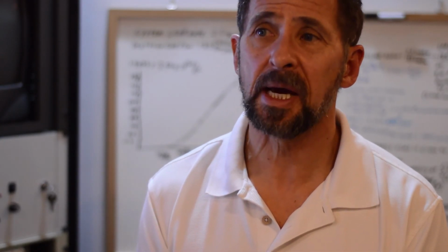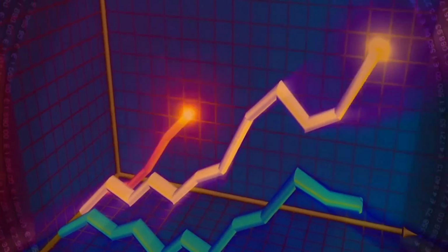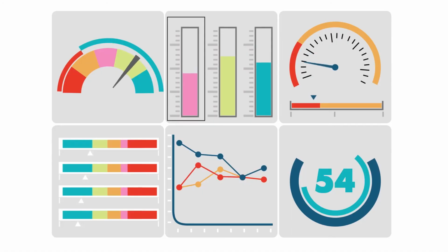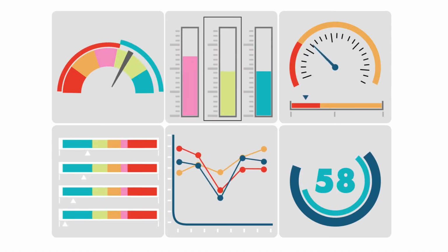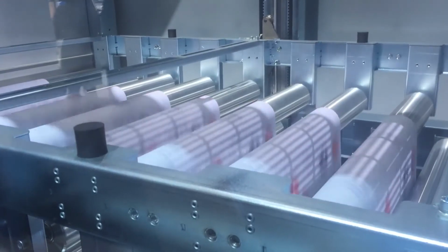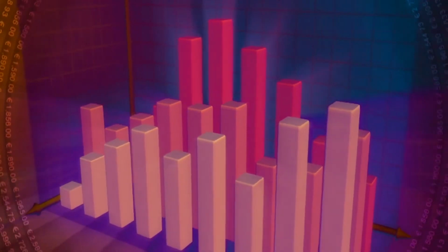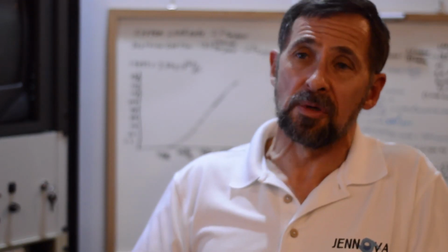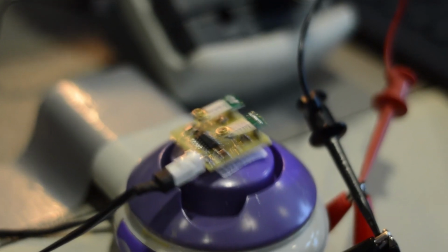The other thing the battery does is it allows you to use a little more power for longer data stream transmissions and higher iteration rates. And you could also programmatically have it when the process is running, you're getting high data rates. When the process is off, you have much lower data rates, so that the battery is able to assist the energy harvesting to give the little extra power that you